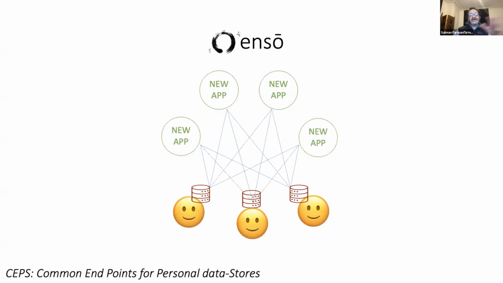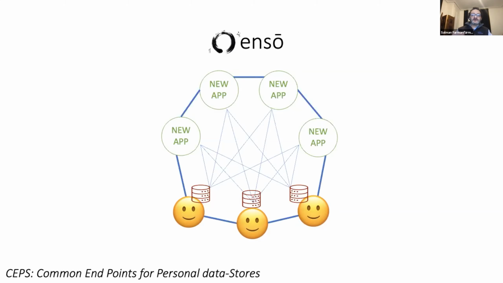So in my view, the next step is for us to figure out how we can share data among PDS users. So let's say I want to share a bookmark with another PDS owner, or if I want to share my location history sitting in my data store with another service. To do this, the different nodes need to authenticate against each other.